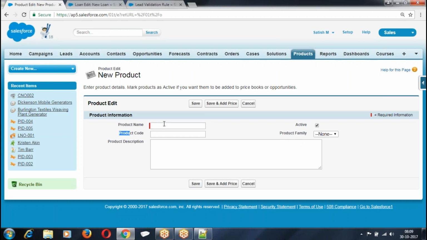So what you are supposed to do? Whichever the fields are existing, they are suitable to you. But labels are not suitable to you. Options are not suitable to you. So what you are supposed to do? You are supposed to customize it as per your business requirement. Customize them according to your requirement. How do you customize it now?